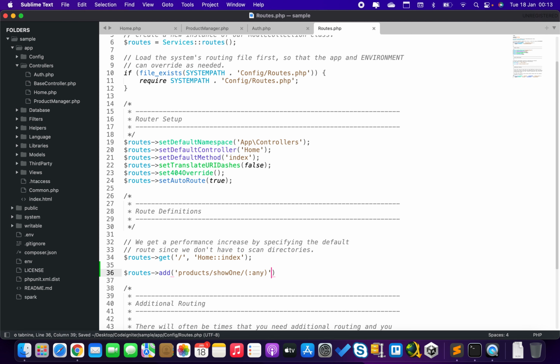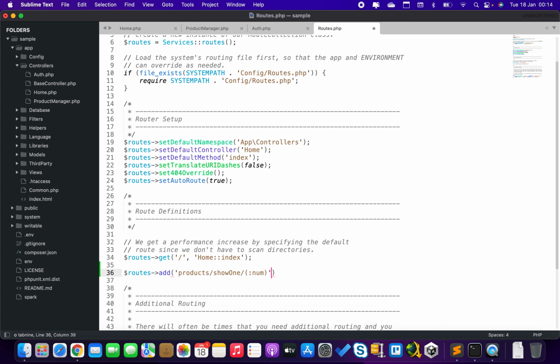We have some inbuilt array of items that are acceptable, so you can pass in and say you want to only constrain to integers. In fact, we can actually constrain this to maybe integers, which makes it numerical values. So we can say if they pass a number and they call show1,